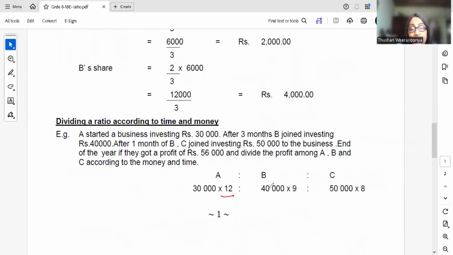Investing 40,000. Right? 40,000. After 1 month of B, C joined. Then C, what is the time duration? 8. That is 50,000 to the business. At the end of the year, they got a profit of 56,000,